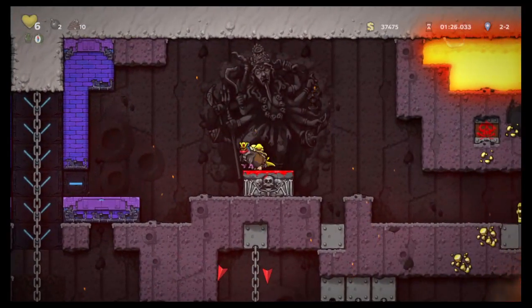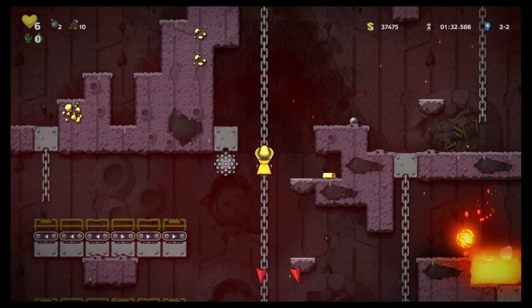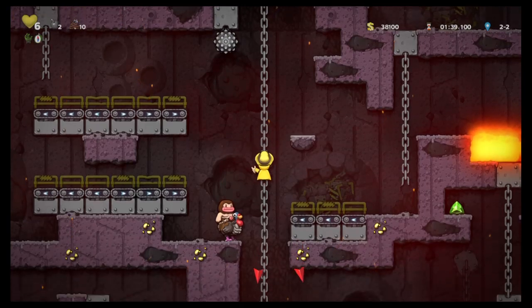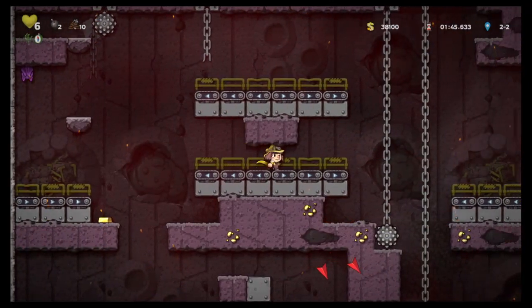Okay, so each of these, I believe, is worth 2 points. I've been trying to do the calculation. I think shopkeepers are worth 6 alive, 3 dead, which is what they used to be in Spelunky 1. Oh man, that guy's got a turkey. How has he not been crushed by that thing? Okay, well...